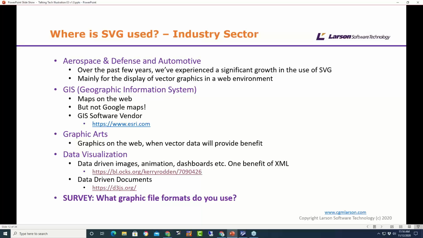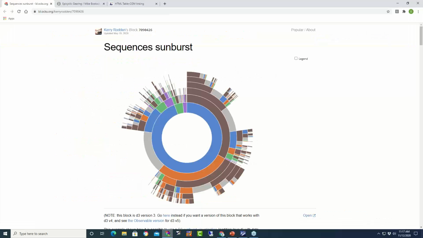We're seeing a small use of it in the graphics arts world. But I think one of the main things we've seen using it for is dashboards. So data-driven graphics on the web. I just have a few examples of that, if I can pull them up. So this is an SVG, and it's data-driven from a spreadsheet.